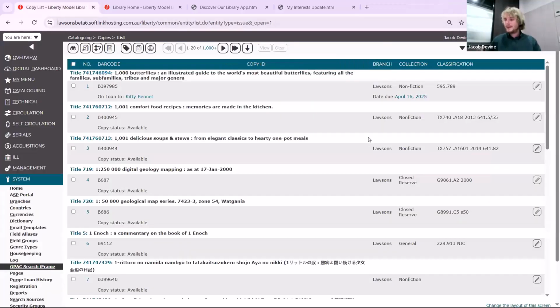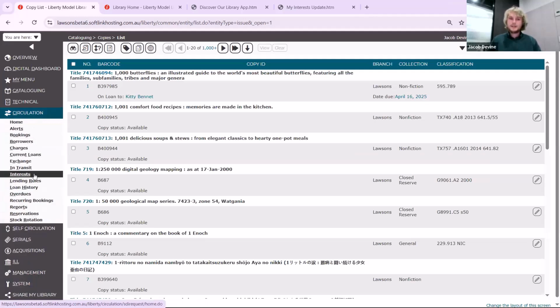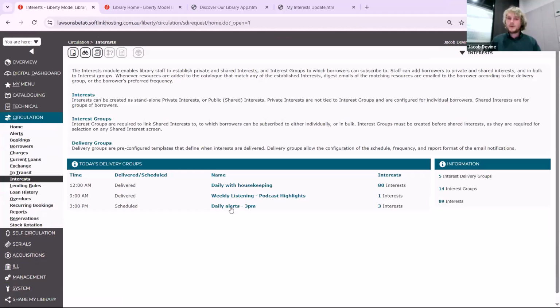Cool. And the next one that we're looking at is probably one of my favorite in this showcase, and that is the ability to add anchor links to your interest emails. So interest emails can now contain anchor links, and the way that we can add these to our existing interest emails, we're going to go to Circulation Interests, and we're going to look at one of our interest delivery groups